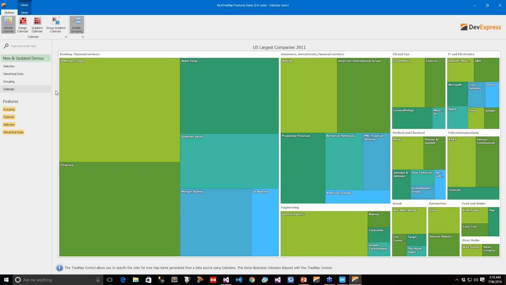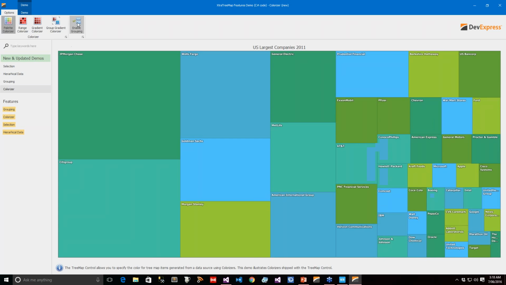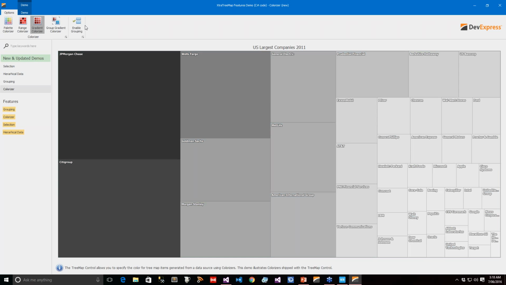At the same time, you could use colorizers to present that data in a much stronger visual way. Because I'm using grouping here, we can see that each group is using the same base set for the colorizer. If I take the grouping off, then it's going to change the way that that information is presented. I can step through and use different gradients, and it's a really nice way to be able to bring not